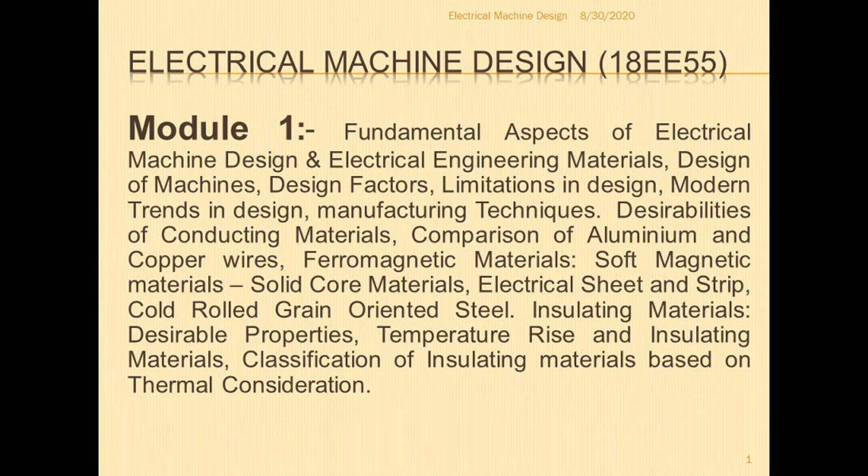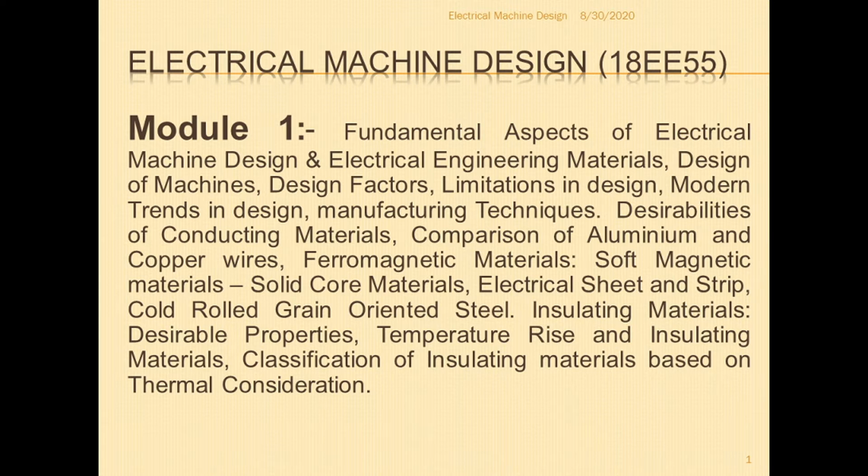So module number 1, you will be studying about the fundamental aspects of electrical machine design. What are the fundamental things which you should know before going for the design? And electrical engineering materials. What are the materials which are used for the design of electrical machines? Next, you will be learning about the design factors. What are the factors to be considered? Limitations in design. What are the limitations which impose the design of the electrical machines? Then modern trends in design. What are the modern techniques which are used for the